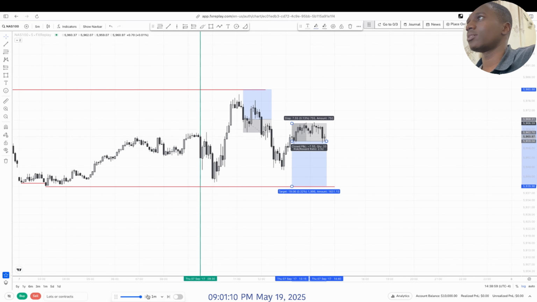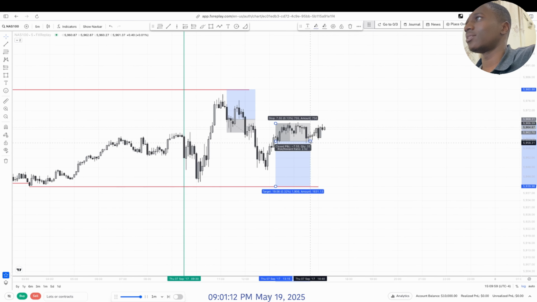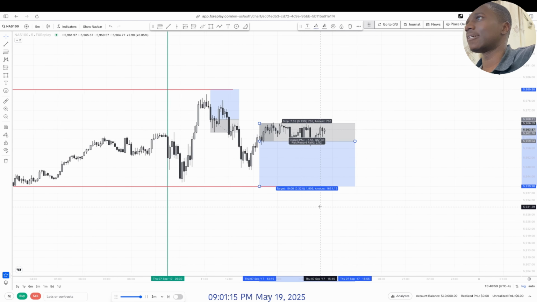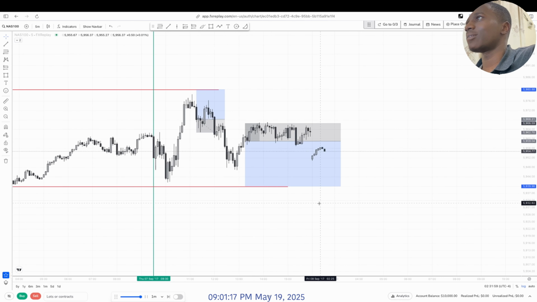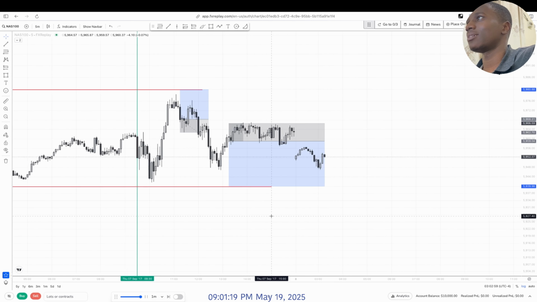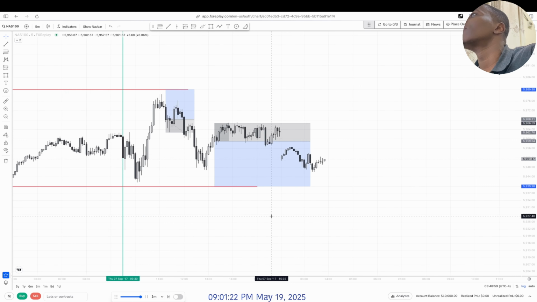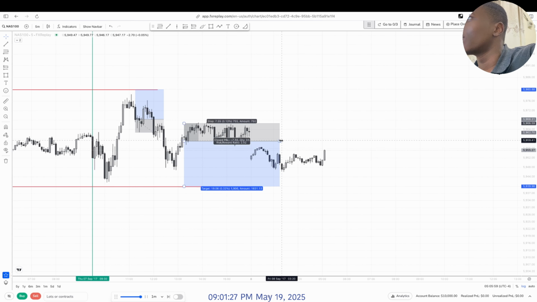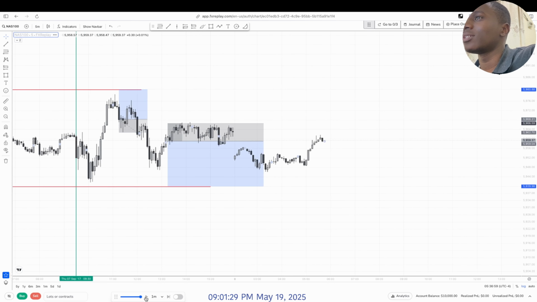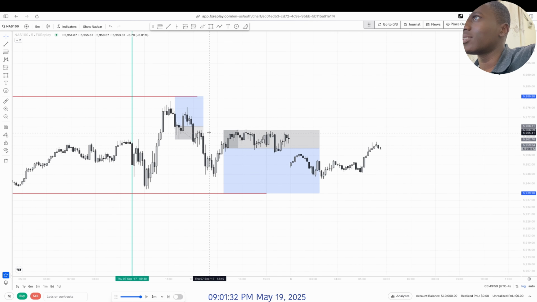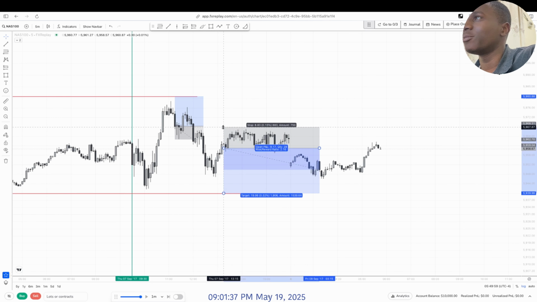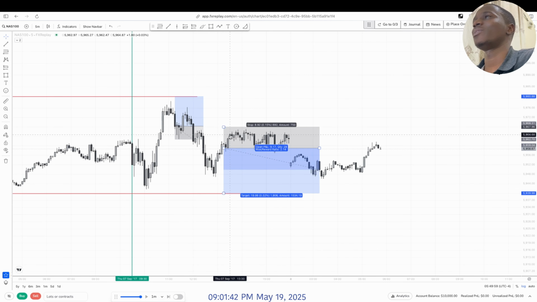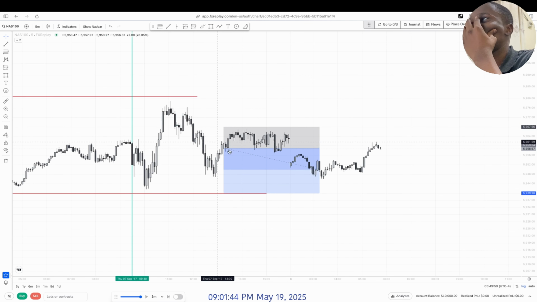Okay, it stops us out and consolidates for a while, and then drops right near TP. Let's wait for this low to be taken out, because obviously we targeted the high of this candle right here. Maybe if we would have given it a few pips to rest, we would not have been stopped out. But when you are here, why wouldn't you expect to get stopped out? It would be crazy.